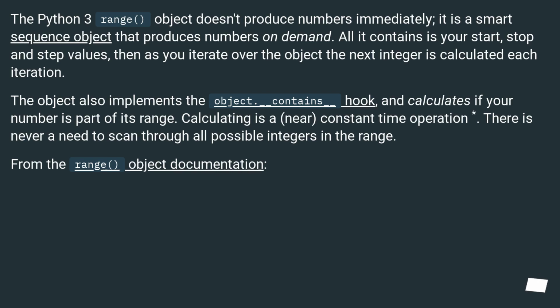The object also implements the object.__contains__ hook and calculates if your number is part of its range. Calculating is a near constant time operation. There is never a need to scan through all possible integers in the range. From the range object documentation: